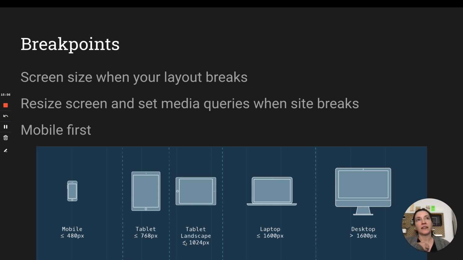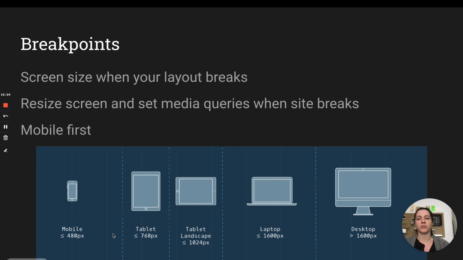In ye olden days, a few years ago, you would make a breakpoint for each of these, but I would recommend first starting out using those relative units and then looking to see where your design breaks and then making a breakpoint there instead of bespokely making a layout for each of these. Try to make your layout as flexible as possible and then adjust within that. But if you don't want to have to fuss that much, you can also do traditional breakpoints at these different